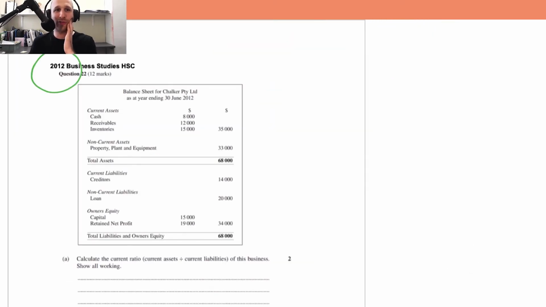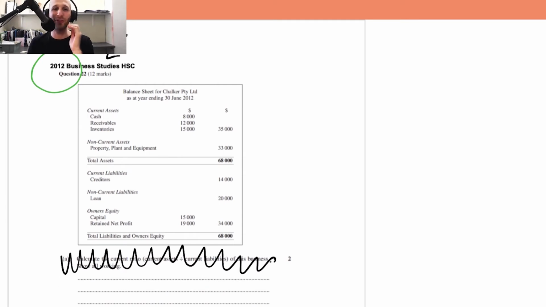Okay, so this is the 2012 Business Studies HSC. I left the wrong question in, but that's not a problem because we'll do the right question over here. So we can see here we've got the balance sheet, a pretty typical balance sheet. Let's say that we are trying to figure out the level of debt to equity for this business. So let's say the question says calculate the gearing ratio